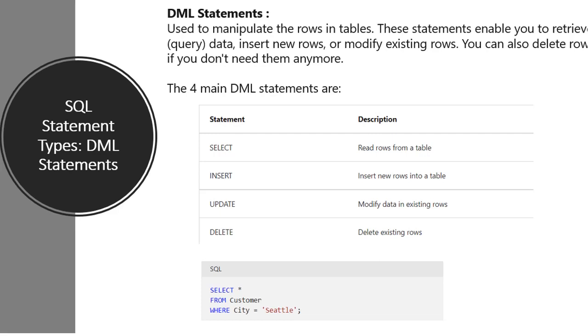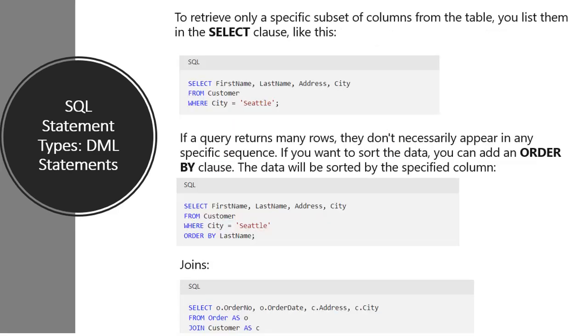How to use that? Select star from customer where city equals to Seattle. Wherever city is Seattle, so extract data from the customer table for all the columns. So this is one example of DML statements. Next is to retrieve only a specific subset of columns from the table. In that case, instead of using select star, we can use select column names from customer where city equals